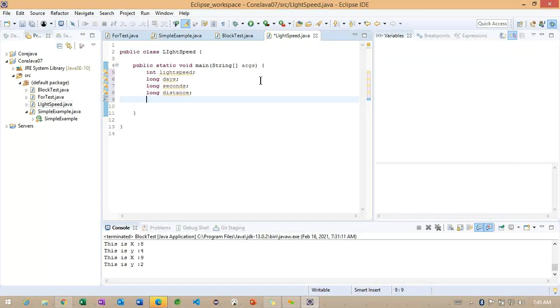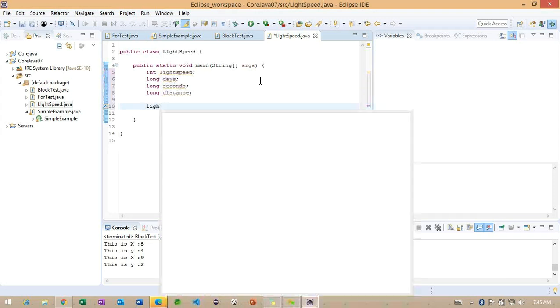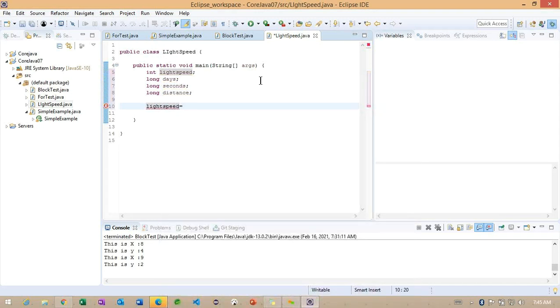So these are declaring the variables, and after that what I am doing here, I just want to specify approximately the speed of this particular light, and I am trying to initialize the value.